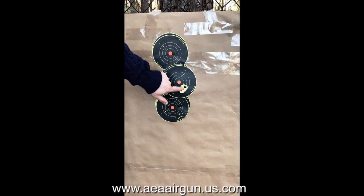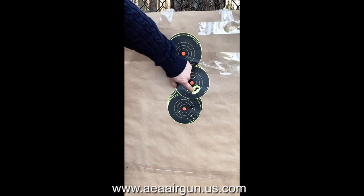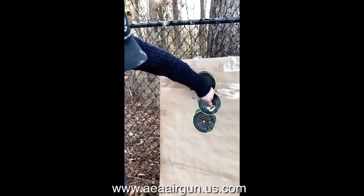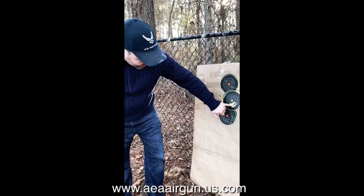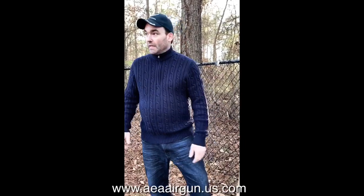nice hole. .357. You can see 1, 2, 3 big old holes. Had 10 shots. There's one hole here. Basically all of them went in right there. It's a big old hole. 1, 2, 3, 4, 5, 6, 7, 8, 9, 10. 58 yards. Put the gun up,